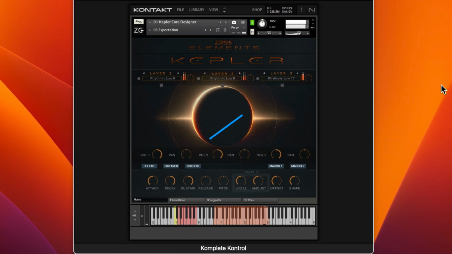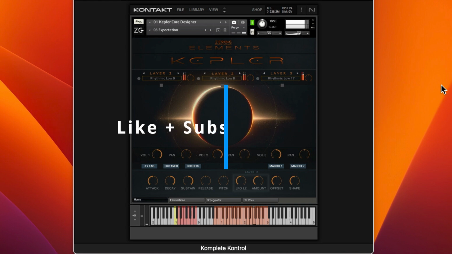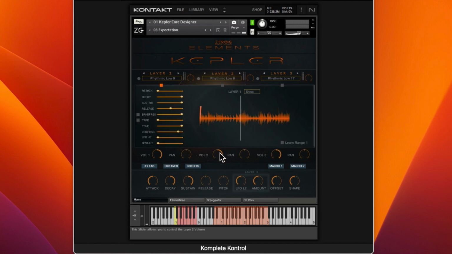So all layers are playing on all keys. And if you want to see what's going on, we can have a look at layer 1. And you can see all the 3 volumes are fully up. You can have a look there, that's the second layer